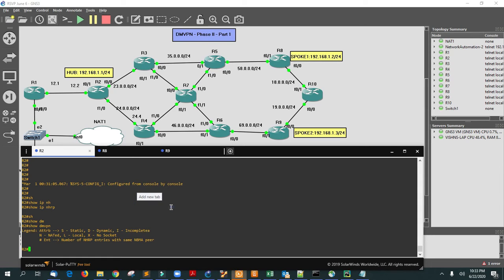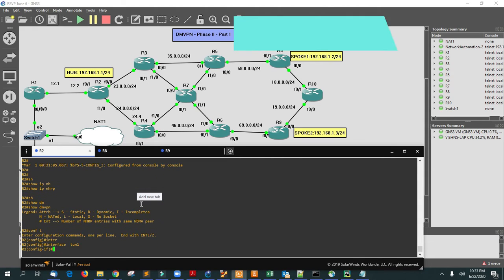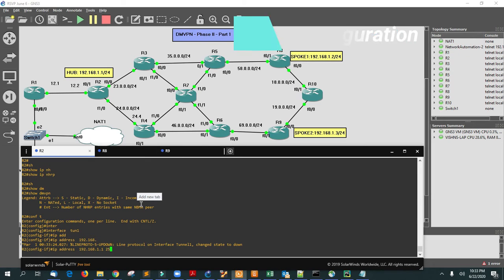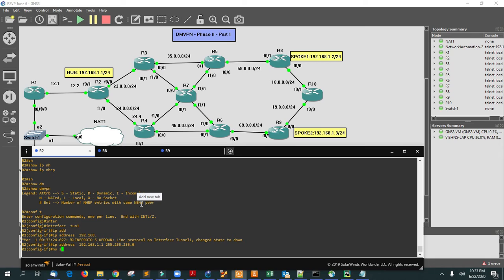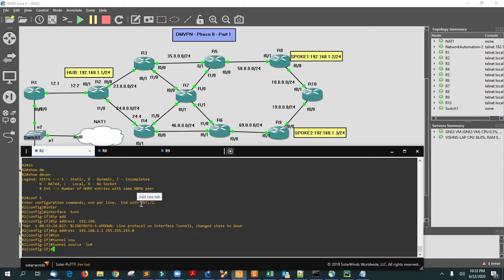Let me show you the configuration now. Let's create interface tunnel 1. Let me give you the IP address 192.168.1.1 255.255.255.0. The tunnel source is going to be my loopback IP, 2.2.2.2.